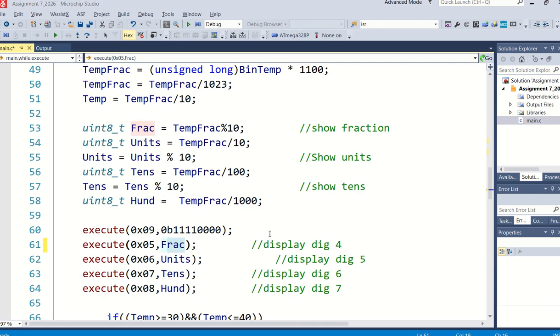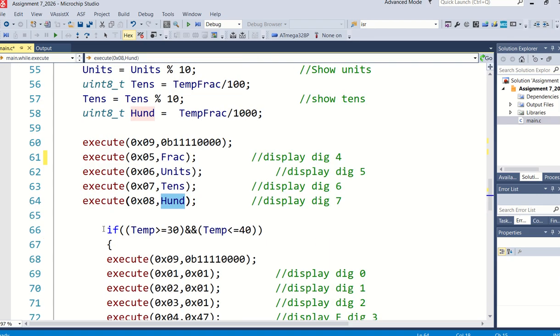Sorry, I was just interrupted by a phone call, so let me explain again. The 4 upper displays will definitely be decoded, which means normal numbers from 0 to 9 will be placed in there. Although it says 5 here, we're actually talking about digit number 4, where the digits start at 0. So it's 1 more than the real digit. In that one, we're going to place the frac value. In digit number 5, we place the units, in digit number 6 the tens, and in the final, most significant one, the hundreds.